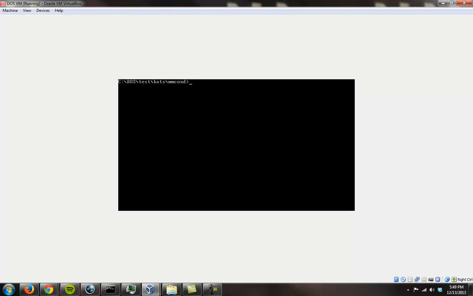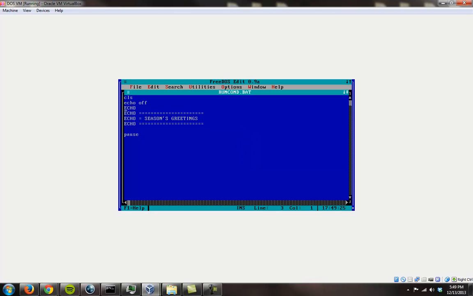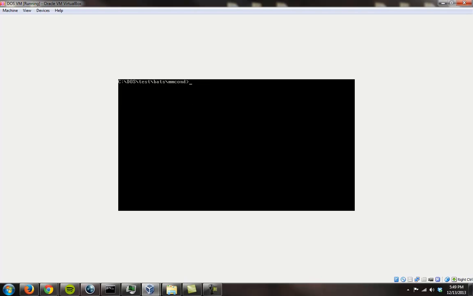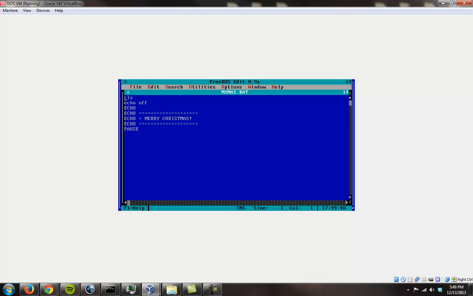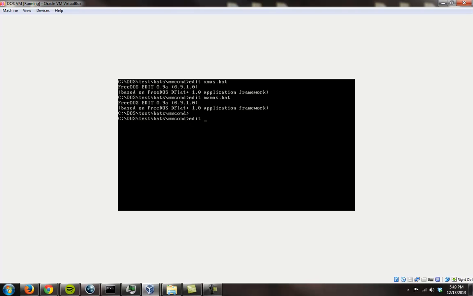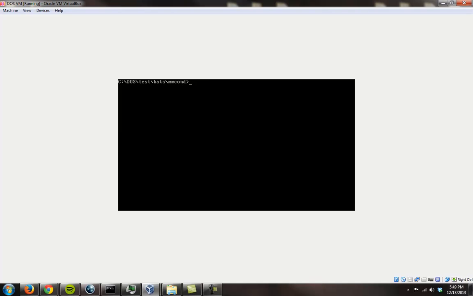So I'll show you the code for those files too. First of all, run conditional.bat, which is the usual payload that you get. Also there is Xmas, which does that, and then there is the New Year's, which does that. So it's an extremely simple batch file, and this video is so short,